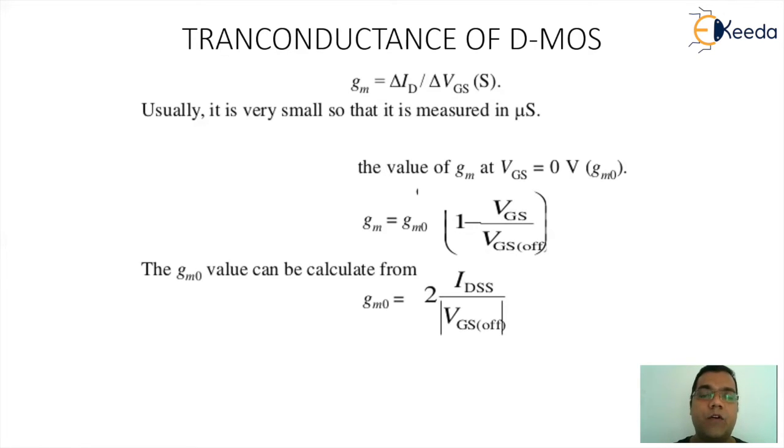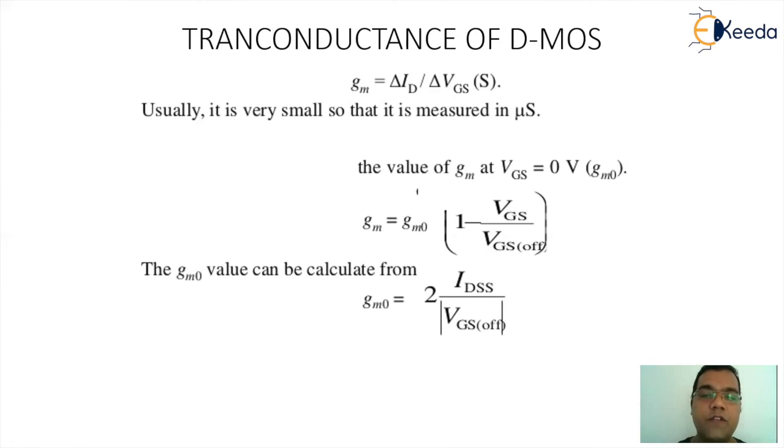When we go to the calculation of transconductance, transconductance is a device parameter. The MOSFET comes from the family of voltage controlled devices, which implies the output current of the device, ID, is controlled by variations of the input voltage VGS. Transconductance is the ratio of the change in output current to the change in input voltage. So GM is the transconductance of the device, defined as del ID by del VGS. The unit is Siemens.